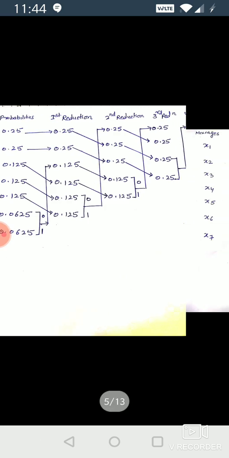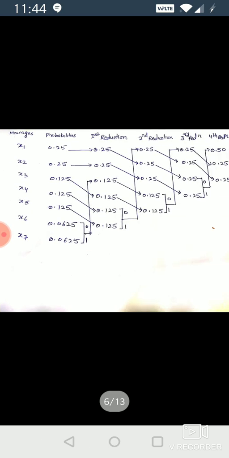After that, we place the probabilities of the rest of the messages, that is x1, x2 and x3, the remainder of the second reduction. In the fourth reduction, again we add the least probabilities of the third reduction, that is 0.25 and 0.25. The summation is 0.50, we place it on top, and arrange in descending order, so this will be in the top position.